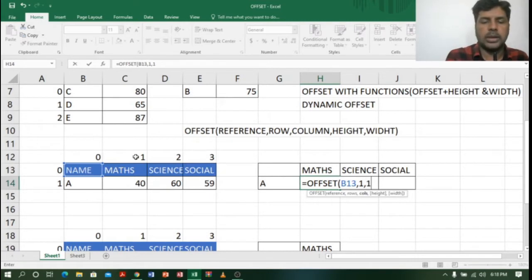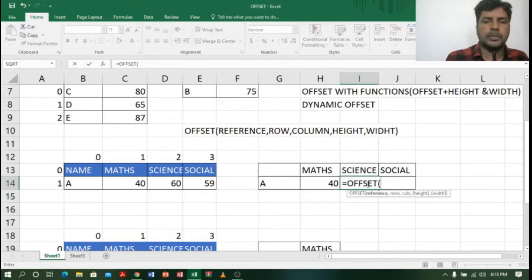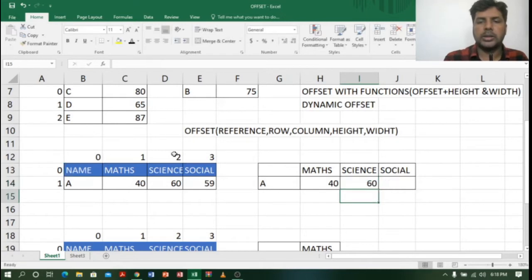So I'll type 1, close bracket, enter. See, I got the marks, 40. Same way, if I want science, again is equal to offset, select the reference, comma, row, it's a 1, right? So I'll type 1, comma. Next column, which one? Column is the second column, right? So I'll type 2, close bracket, enter. See, I got 60. Nice, right?